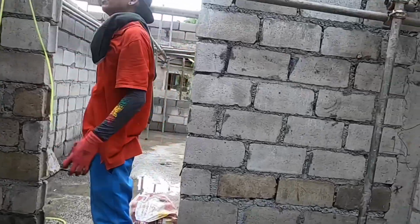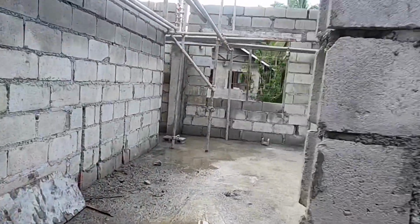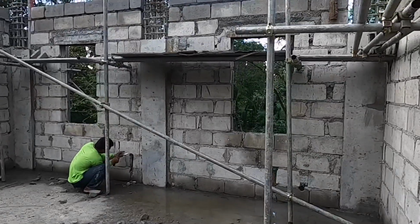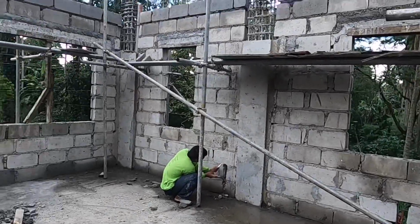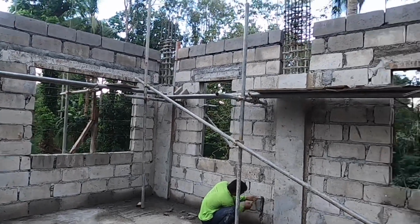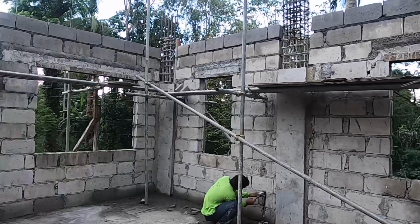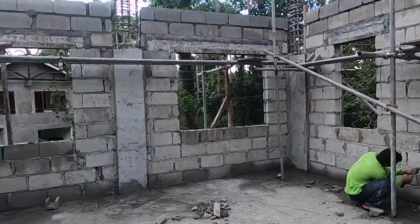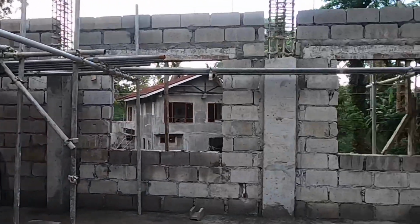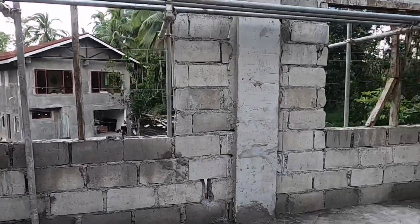Excuse me, Kuya. And you can see we're standing here in the master bedroom right now, and they're chipping away for the electrical outlets. That's the way they do it here in the Philippines. They're actually running the conduit up through the walls, and then they have to chip away for the different areas that they have. And you can see our master bedroom is pretty good size,